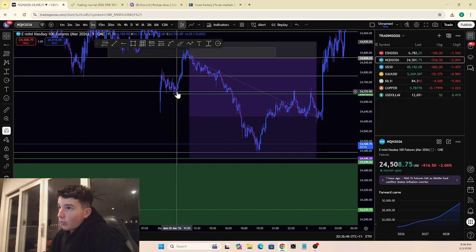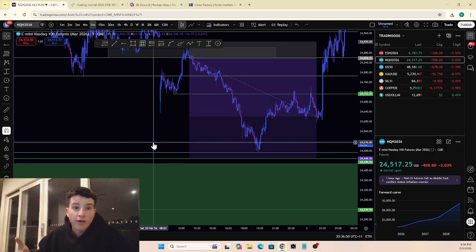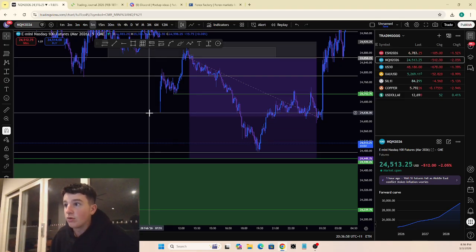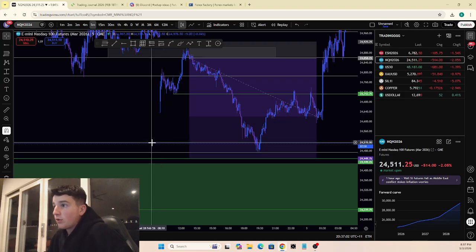TP1 here, left one runner all the way down here, and if I did have more micros, if I did have more contracts, then I would have been TPing down there. As we came down, I would have TP'd here, and if we're right here, I would have taken one off for sure, because I need money coming in with these funded accounts. So